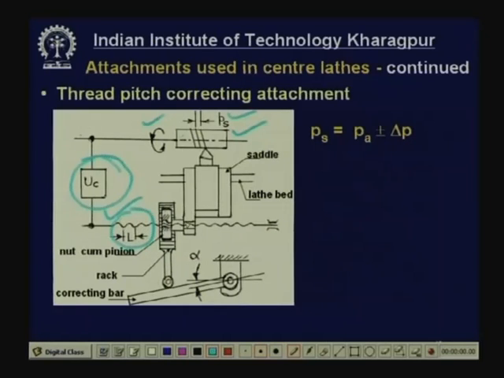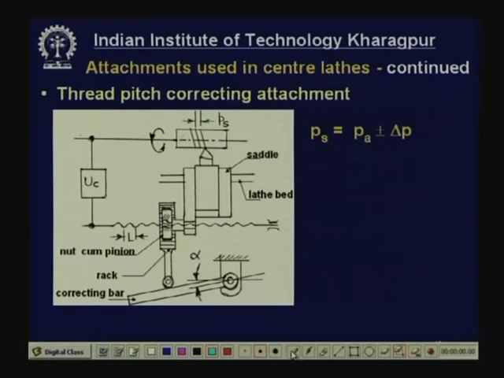When the screw rotates, there is a nut. This nut is a part of the saddle. So, when this nut moves in this direction, the saddle will also move in this direction, and you get this tool movement. So, this linear feed movement and the rotation together produce the desired thread of a definite pitch. Now, the problem is